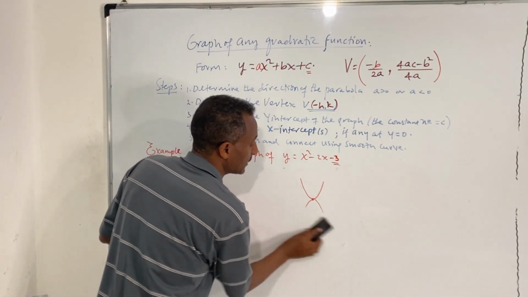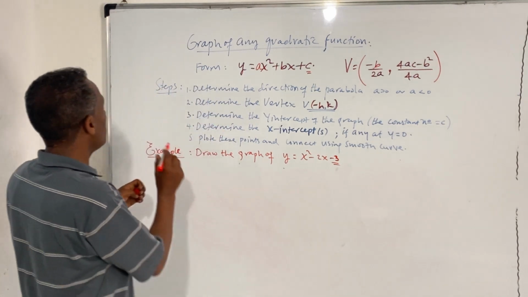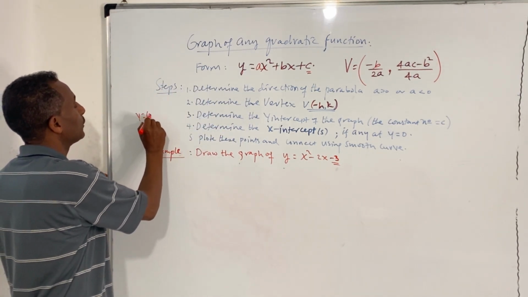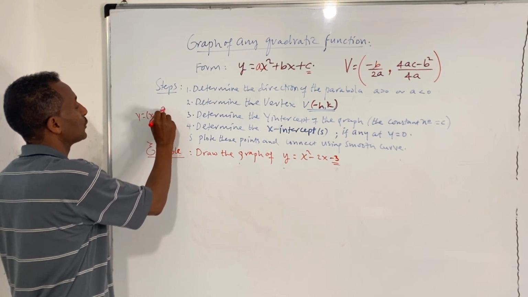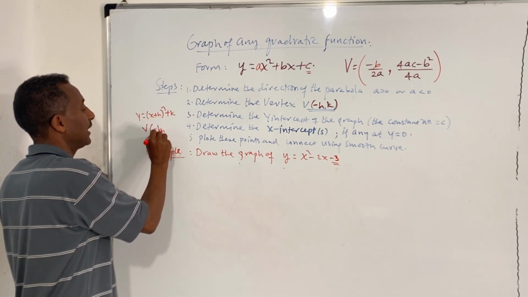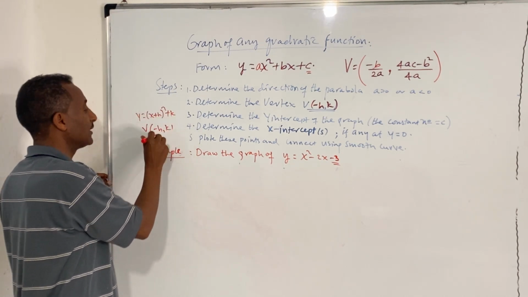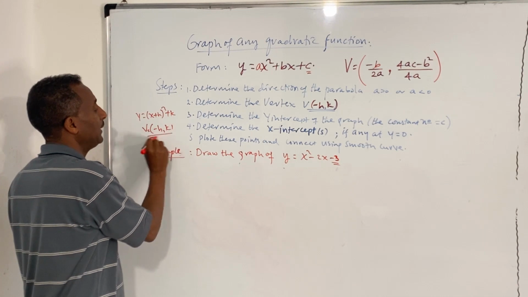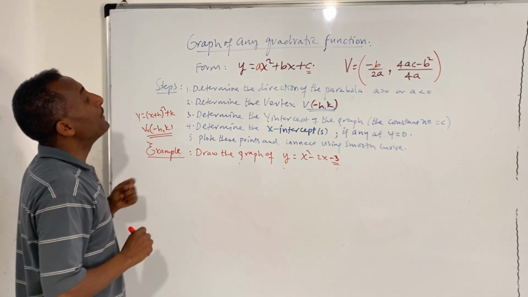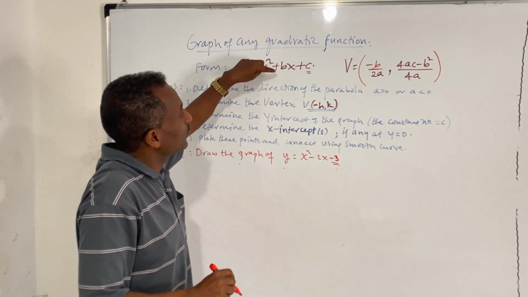ጉድ። ከዛስ how do we know our vertex? If it is in the form of like y = (x + h)² + k form, the vertex is very simple, -h and k. You take the opposite of h and take k as it is, so that the vertex will be (-h, k), like this one. But if it's in this form, we have another way of finding the vertex of this